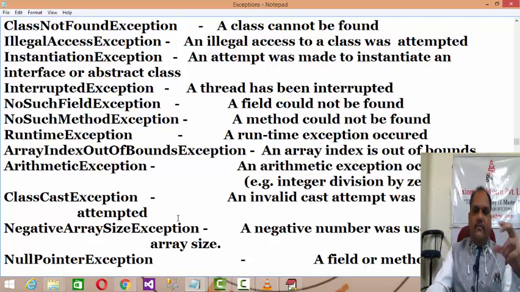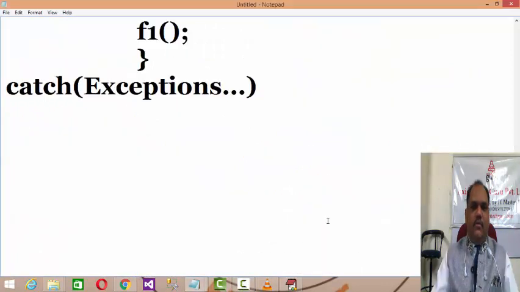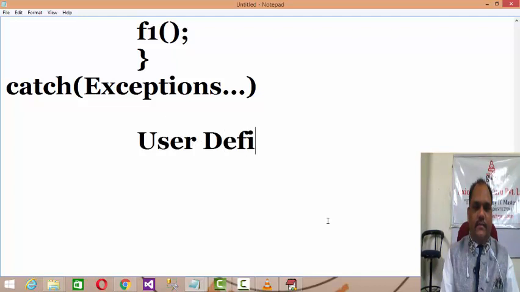Then we discussed some examples like single try with multiple catch, nested try and so on. After that we discussed the difference between throw and throws. Throw throws the object of an exception conditionally out of the try block, and throws can be used for documentation reasons: if any class or method is going to throw more than one exception, then throws is used there.